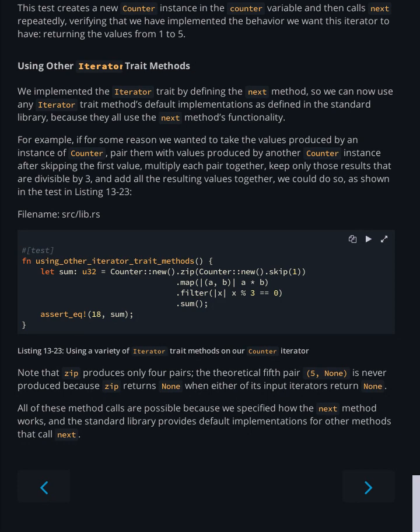For example, if for some reason we wanted to take the values produced by an instance of Counter, pair them with values produced by another Counter instance, after skipping the first value,